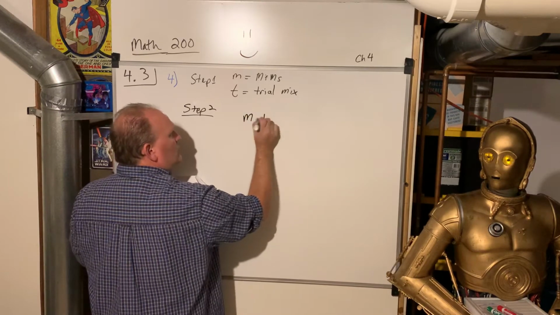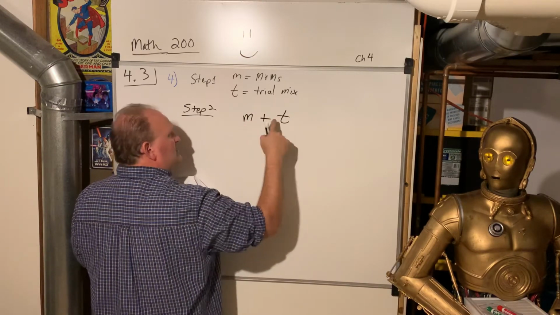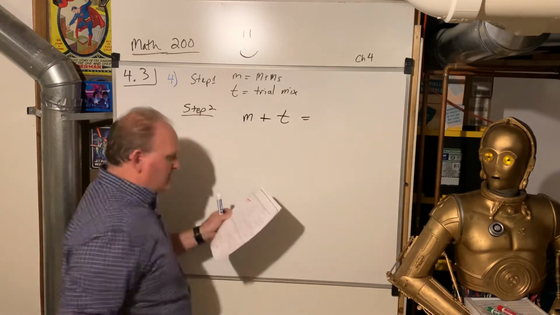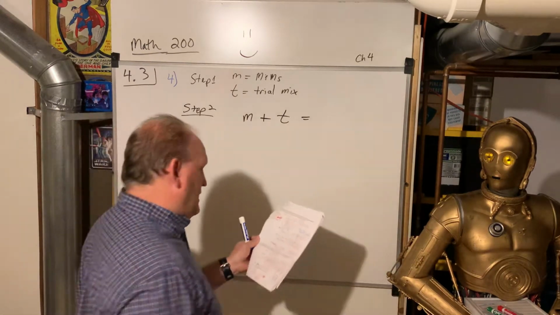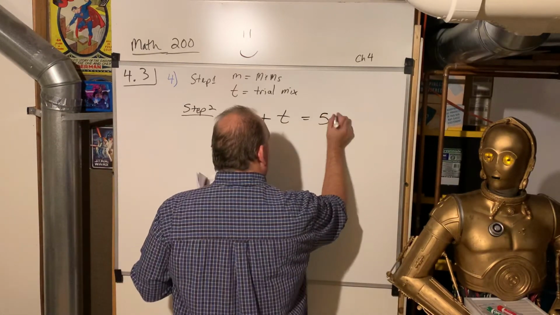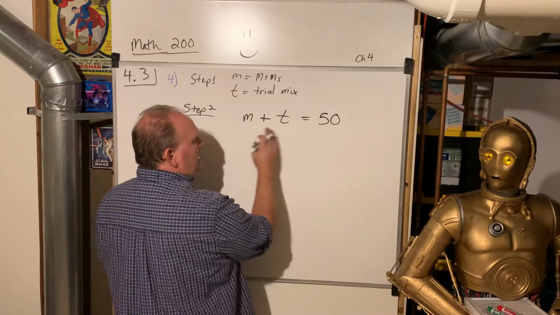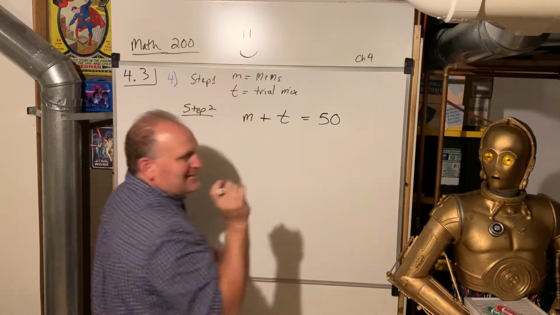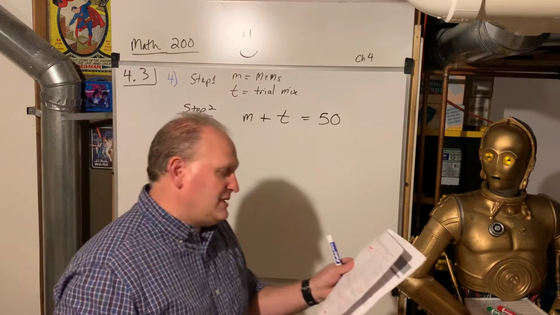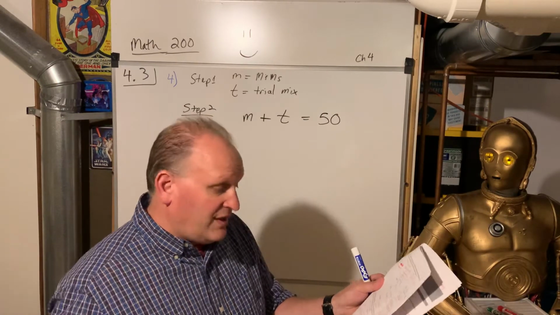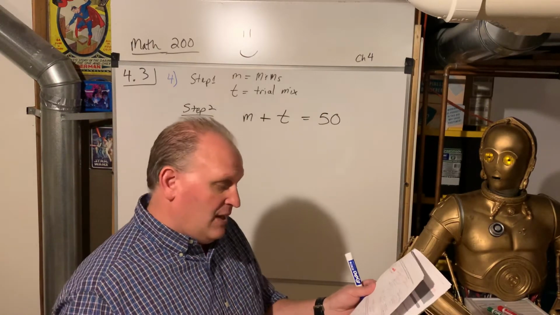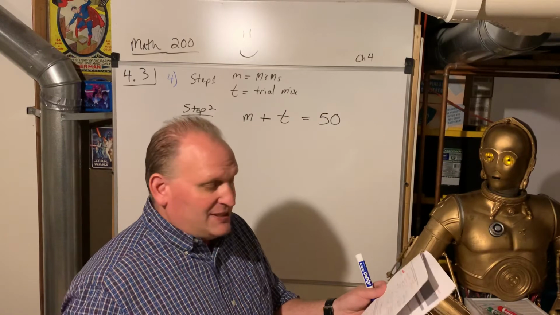So we're adding M&Ms and trail mix, and we want a grand total of 50 pounds of candy. And now they want to know how much M&Ms do I put in and how much trail mix do I put in to dial it into this certain amount. They want to have it worth $1.80 per pound,